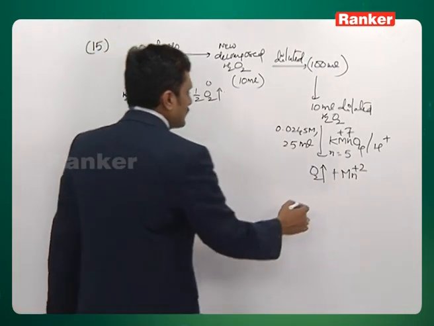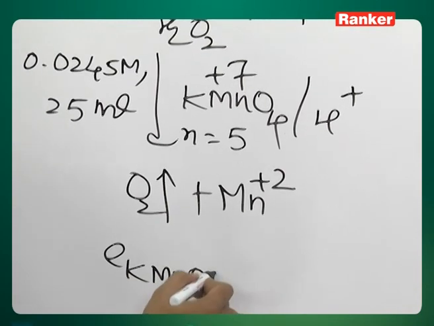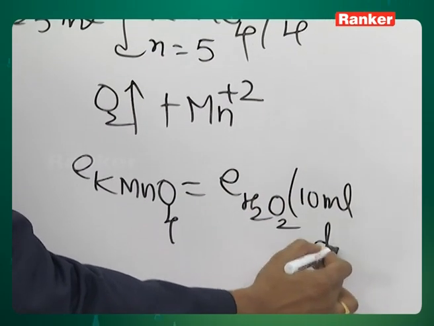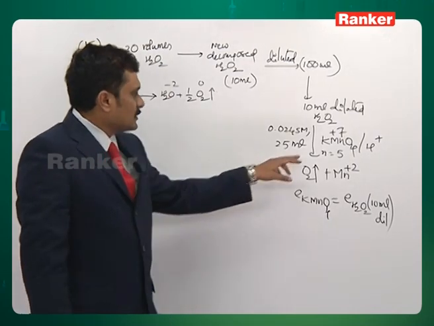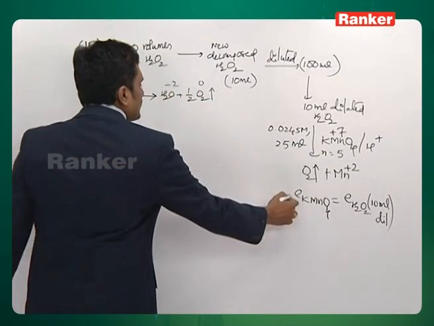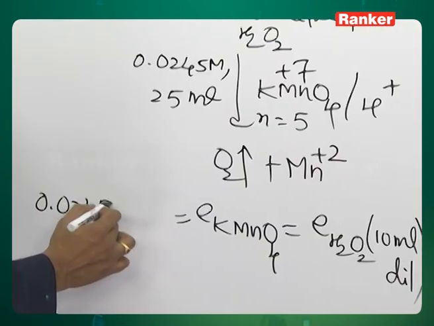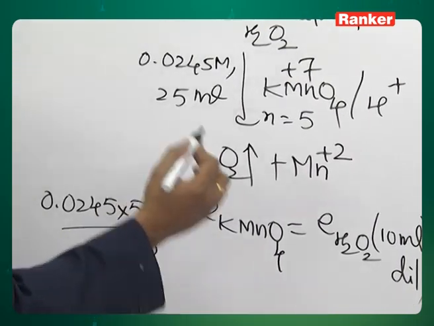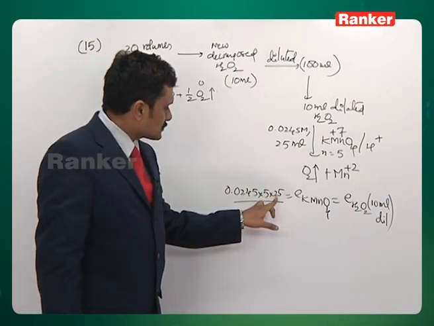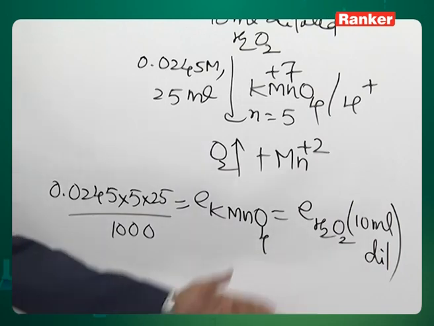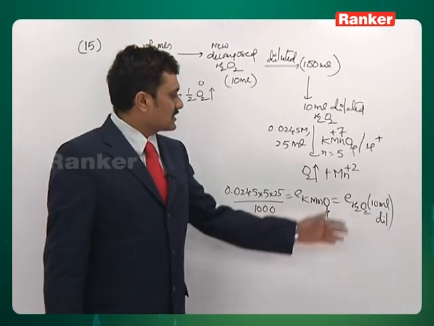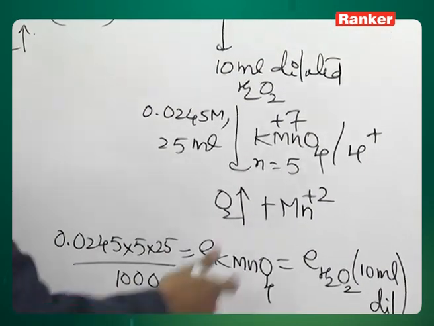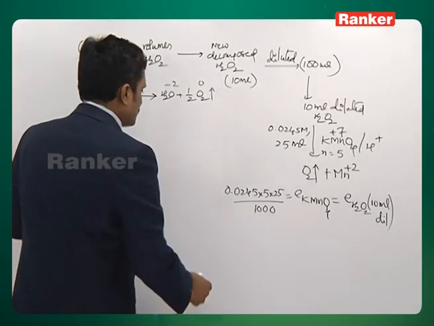Now you will write the gram equivalents of KMnO4 in acidic medium that have reacted with the H2O2 in the 10 ml diluted solution. The gram equivalents of any two substances reacting are equal. The gram equivalents of KMnO4 as per this data is molarity multiplied with the N factor, which gives the normality, into 25 divided by 1000. That is normality, molarity into N factor, into volume in liter. We got the equivalents of KMnO4 which have reacted with the equivalents of H2O2 in the dilute solution. Now the gram equivalents of H2O2 in 100 ml will be